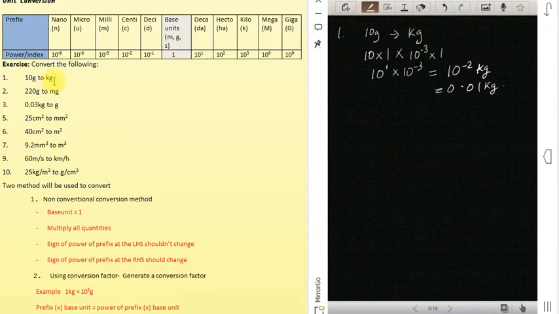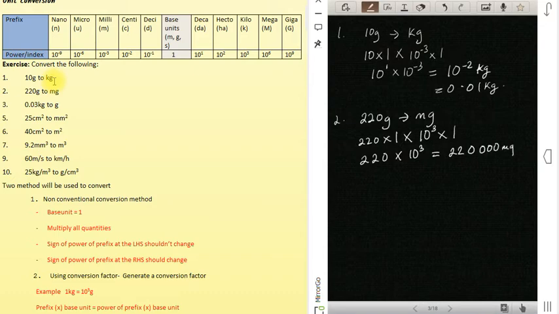Now, question number 2. I have 220 gram to milligram. Applying the rule, 220 times the base, which is 1, times milli, which is the same thing as 10 to the power of minus 3, but since it is on the right hand side, I'm going to make it 10 to the power of 3, times the base 1. Now that leaves me with 220 times 10 to the power of 3, which is the same thing as 220,000